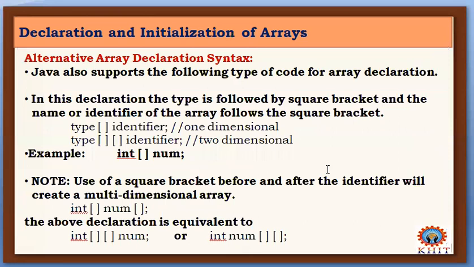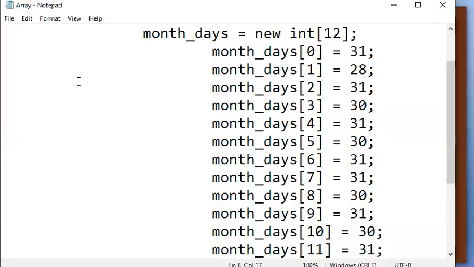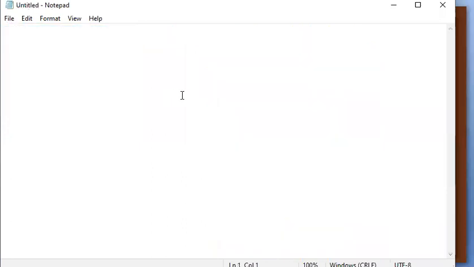Okay, next. See, there are different alternative declarations also. Java supports these kinds of alternative declarations. What I can say here is, I'll just show you. For days, this is what the declaration is, right?